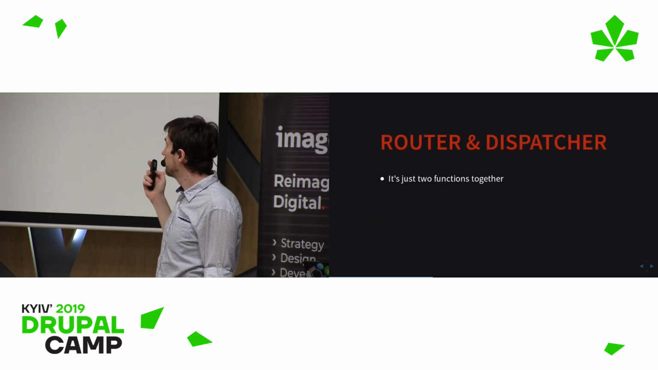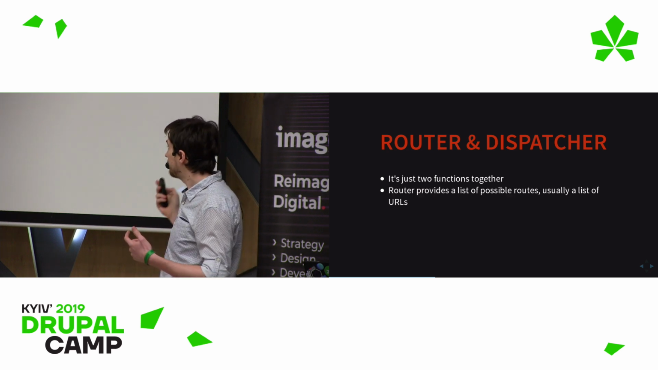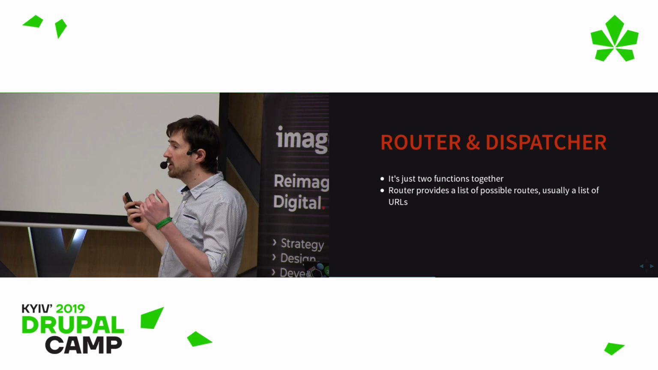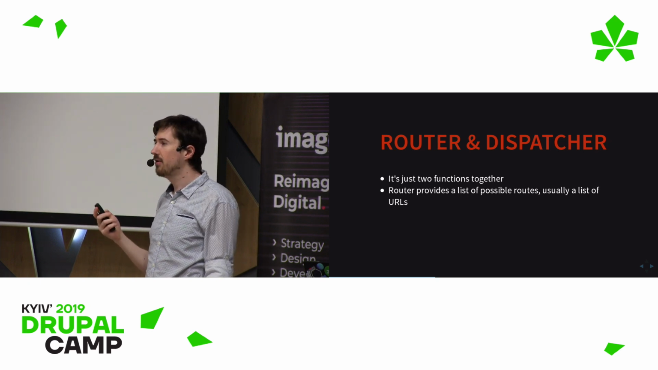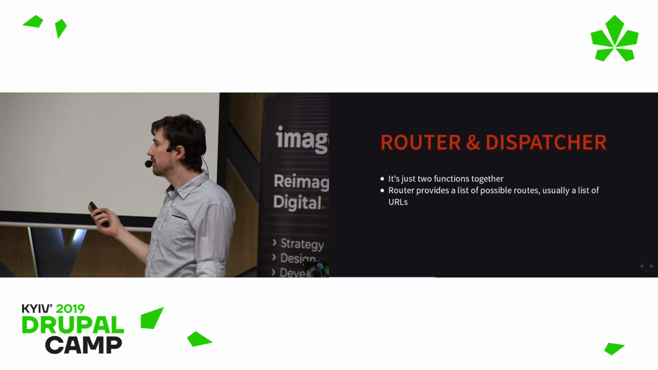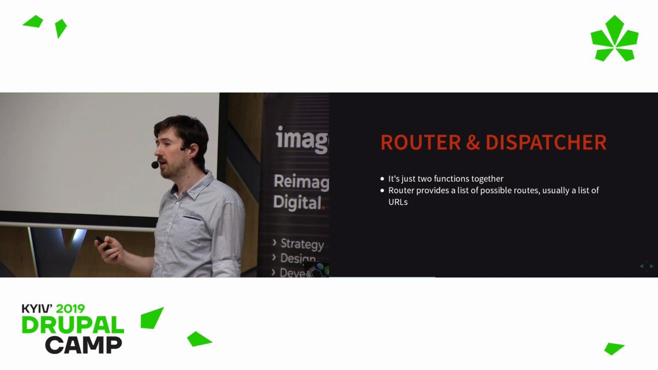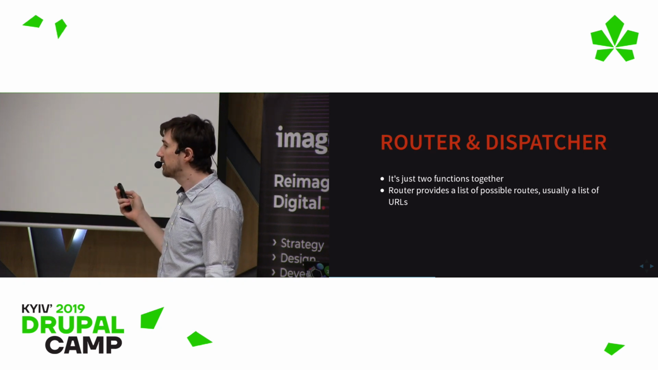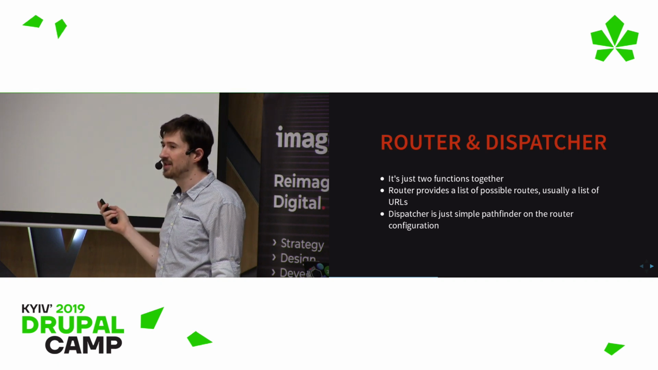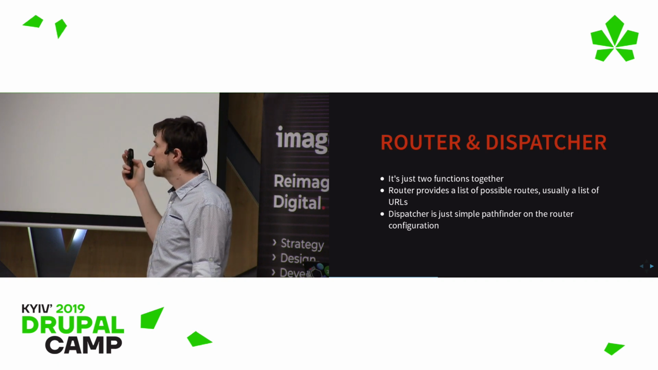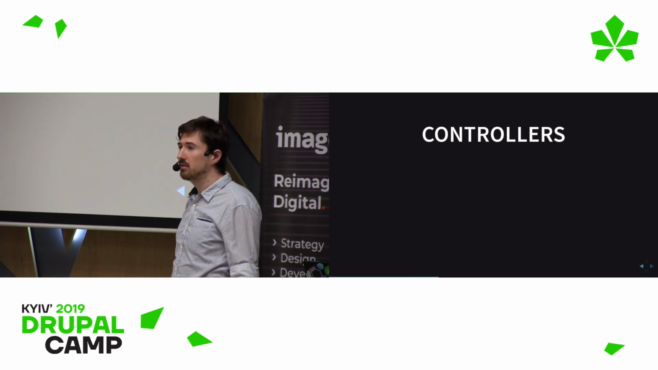And a couple of words about the router and dispatcher. This is just two functions together. The first function is the route function. It just provides the list of routes. In Drupal, everyone has seen the module routing YAML file, and the route function just collects all these YAML files and builds the list of routes. And the dispatcher function is a simple switch case. Actually, it's a switch case which selects the best route from the YAML files. And after the router detects where you should send the request,